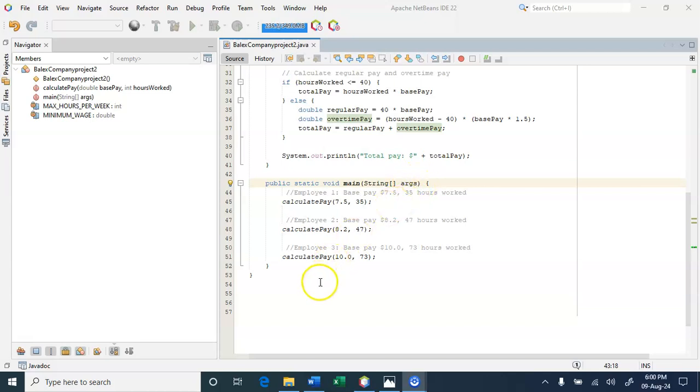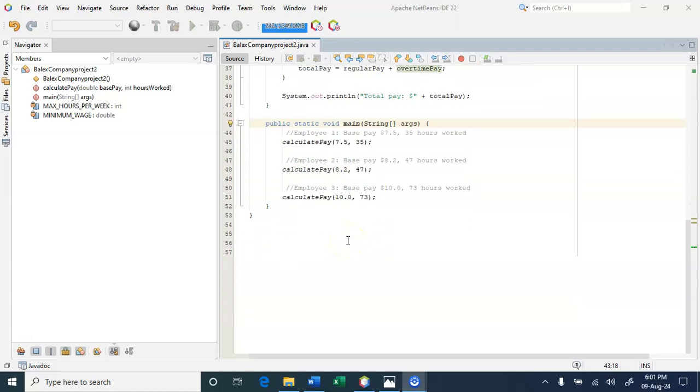So then we need to do testing. We shall calculate the pay. As you see, we calculate the pay, the total pay. Then these lines call the calculate pay method with different sets of input to test various scenarios.